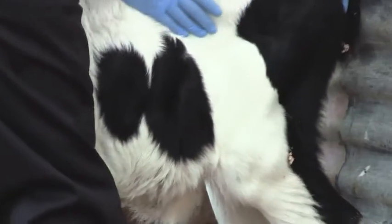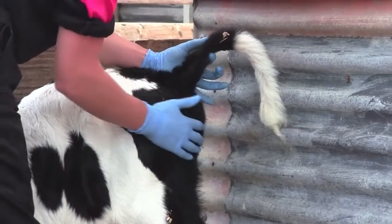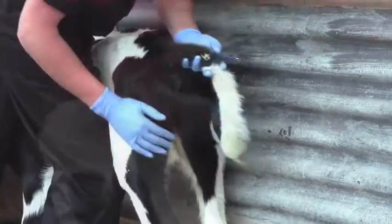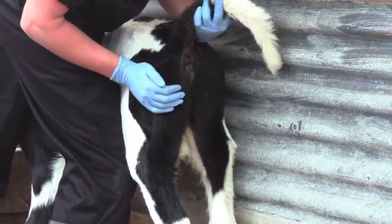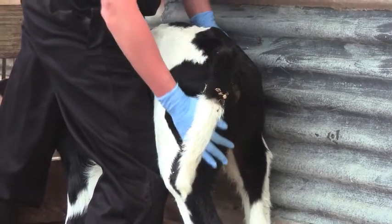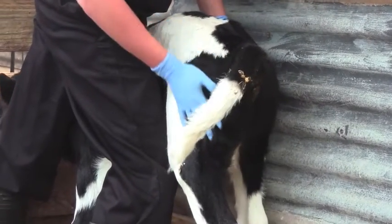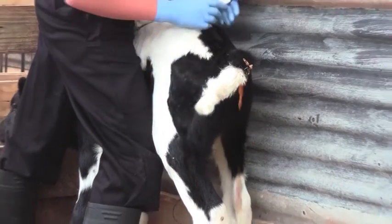This is one of the areas where you want to check for any sign of any scour, making sure there's nothing that's around that back end area that's unusual. In female animals, you can also check out the condition of the vulva and ensure there are no discharges there. This is also where you can take the temperature of the animal, which gives you a really good indication of whether there is any sign of any inflammatory process or a disease going on there. You can use either